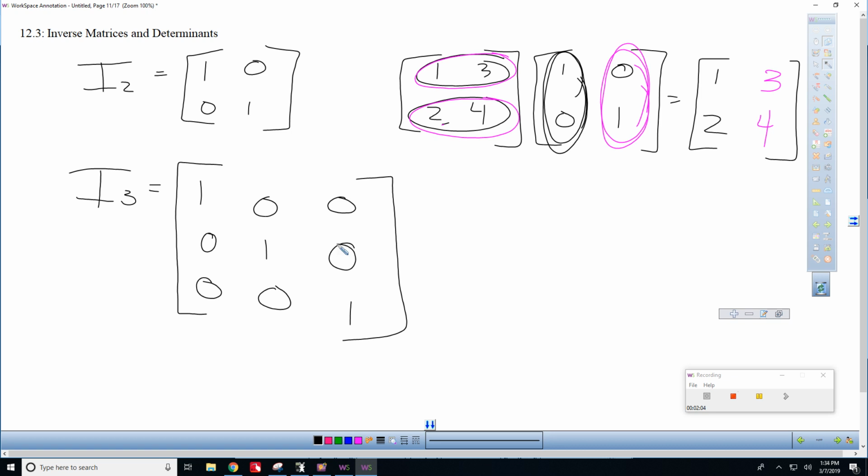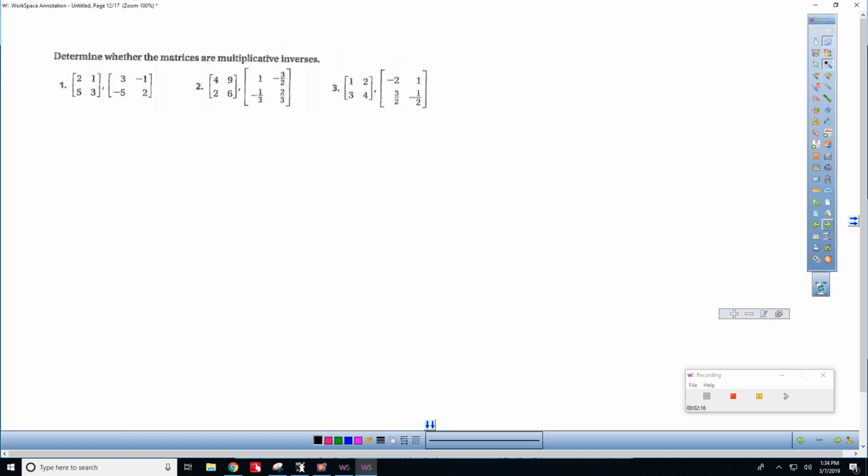So, we're moving on. How do we determine whether matrices are multiplicative inverses? Well, A and B are inverses if AB equals the identity matrix, and you've got to do it twice, it's a pain, if BA equals the identity. It's got to work both ways. So, AB equals